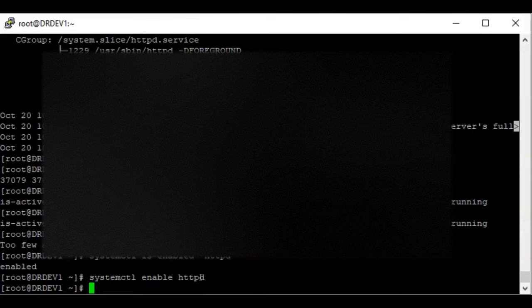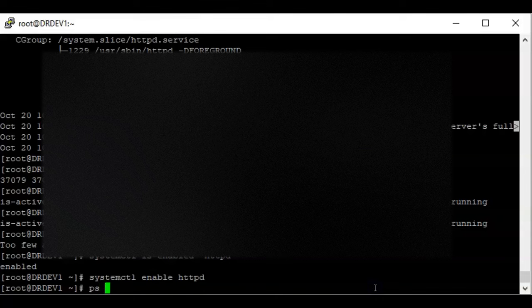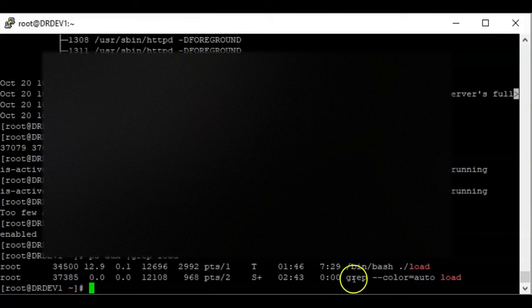So that means we need to resume the stopped process, and the process we stopped was the load process. Okay, so for us to resume the load process, let's get the process ID again. Let me just do ps aux, and I'm just going to grep for load. Alright, so the load process is 34500,